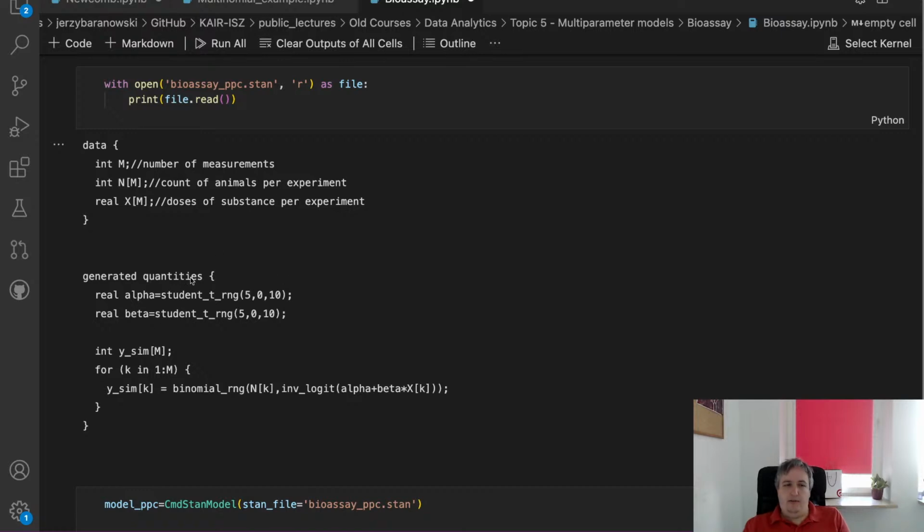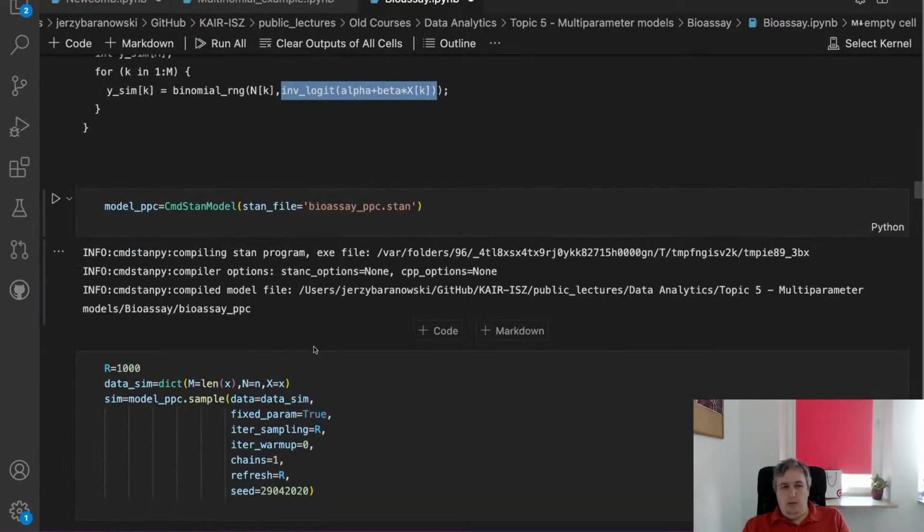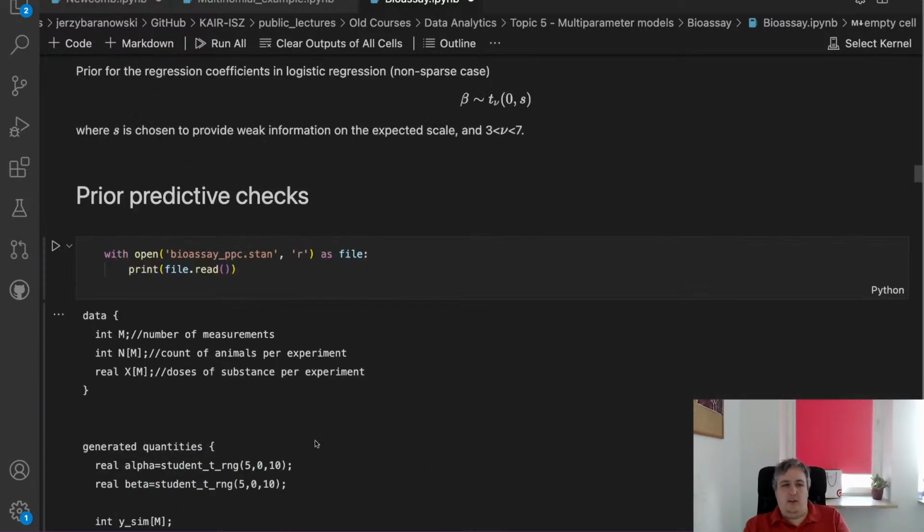We provide it with priors. We create our model that will be, of course, computing the binomial distribution, fitted with appropriate theta given by an inverse logit. So we can compile our model. We can provide it with data, set up the chain experiment for the prior predictive checks, because again, this is the